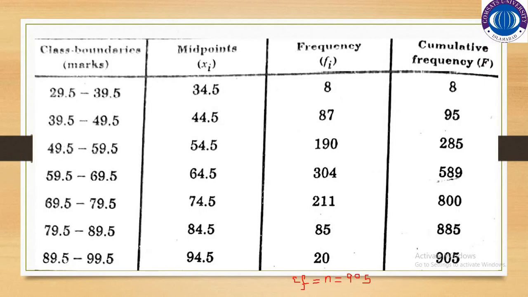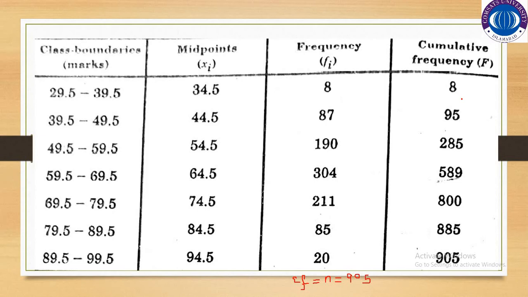As you are going to find the first quartile, you have to find J into N by 4, and as J is equal to 1, we substitute 1 in place of J, and N is 905, as we have seen that summation F is equal to 905, whole divided by 4, and this will be equal to 226.25. So we will go through the cumulative frequency column